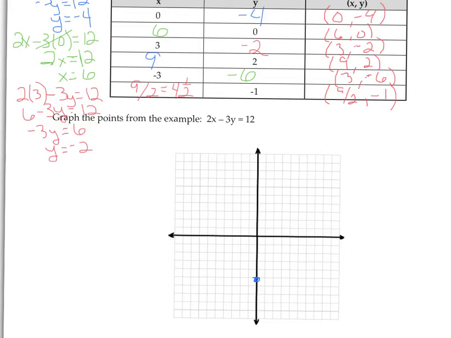Actually, no. I put it in the wrong place. That will be here. And then 6, 0 will be here. 3, negative 2 will be here. And it looks like they are lining up. 9, 2 will be up here. 3, negative 6